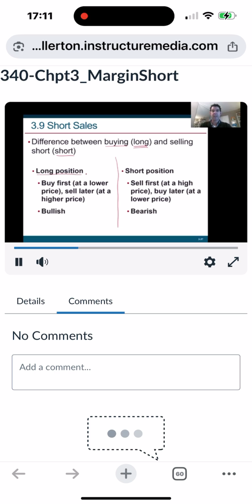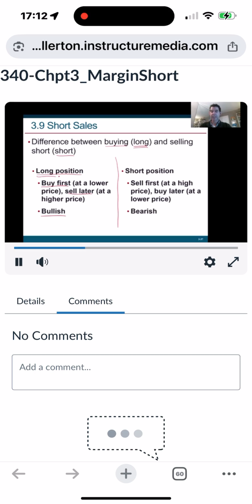If I say I have a long position in a stock, what does that mean? That means I bought the stock and I want it to go up and I'm going to have to sell later. This also corresponds to the terminology of being bullish on a stock. Maybe some of you have heard that. Or they'll talk about a bull market. If you are a bull on a stock, or there's a bull market, that means the market is what? Going up, right? And that would correspond to being long in a stock. You want the stock to go up. So they would say you're bullish.